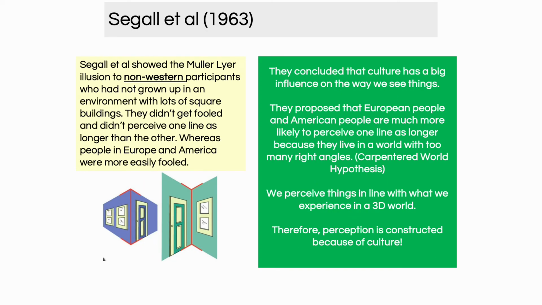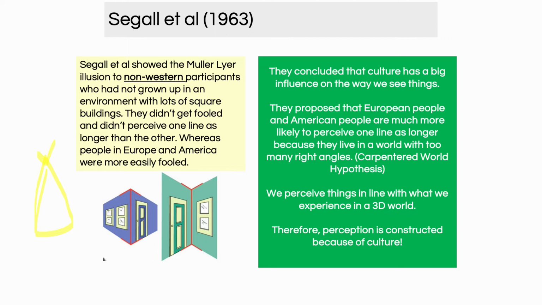This links to Gregory's theory because culture has a massive influence on the way we perceive things. So researchers showed the Muller-Lyer illusion to individuals from non-Western parts of the world. If you think about teepees, which are typically triangular shaped and round, there's my little attempt at drawing a teepee. So it's not a square building like in the Western world, like in England or in parts of